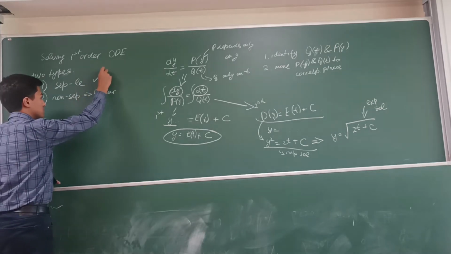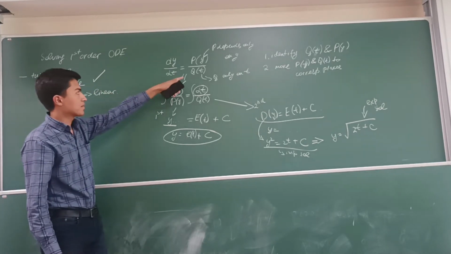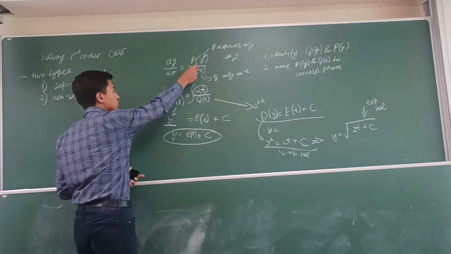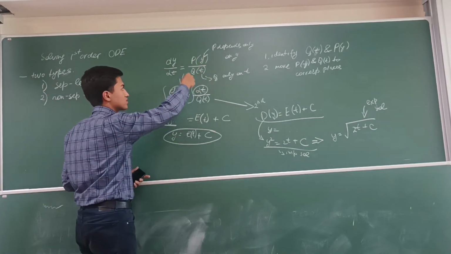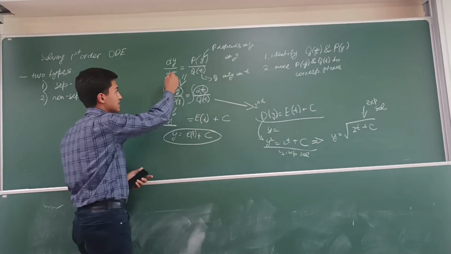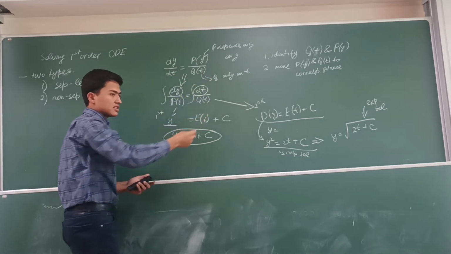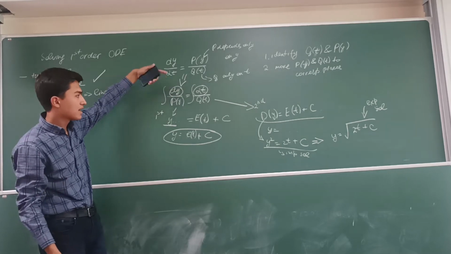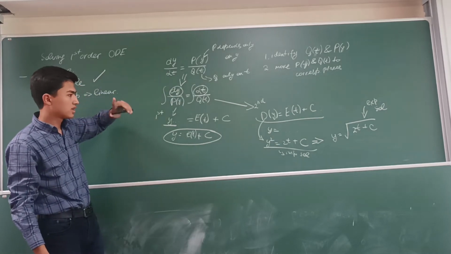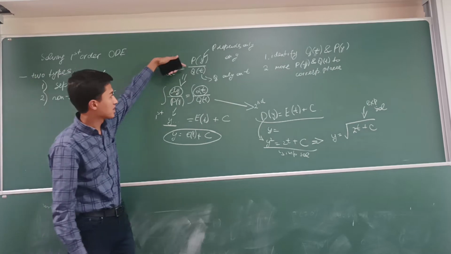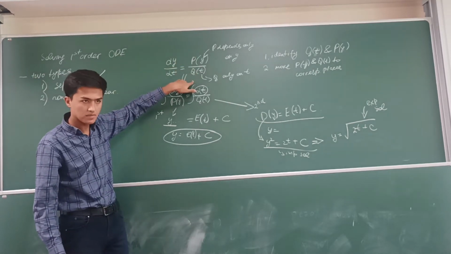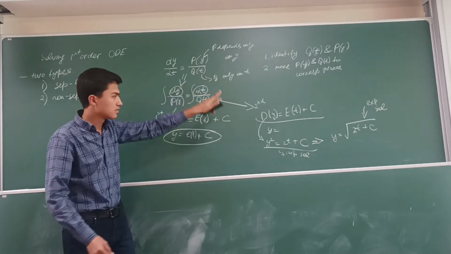We have analyzed only this type. If it's separable, that means you can move the function that depends only on y to the left side and dt to the right side, okay? Separable means you can take the integral from both sides. Separable means you have on the upper side a function that only depends on y and in the denominator a function that only depends on t. For example,